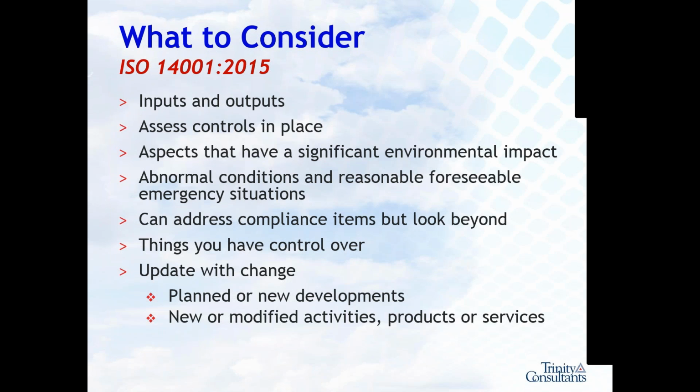So what should you consider when you're thinking about this entire supply chain? Look at inputs and outputs, obviously. We'll go over some basics here. Assess controls in place. That doesn't just mean environmental controls. That means any type of engineering control, administrative, among other things that we see associated with the supply chain. Of course, if they have a significant environmental impact, that's an area of focus that we'll take into consideration. Also take a look at possibilities in your emergency management planning. If you have foreseeable emergency situations,